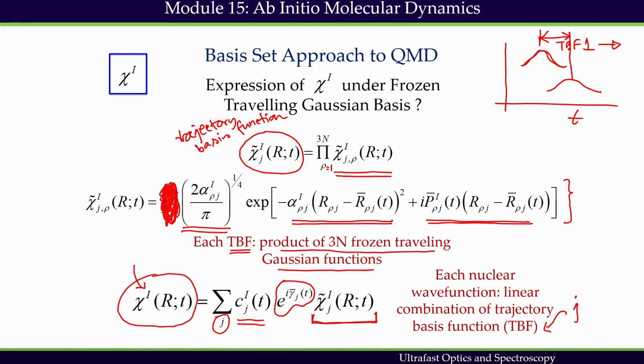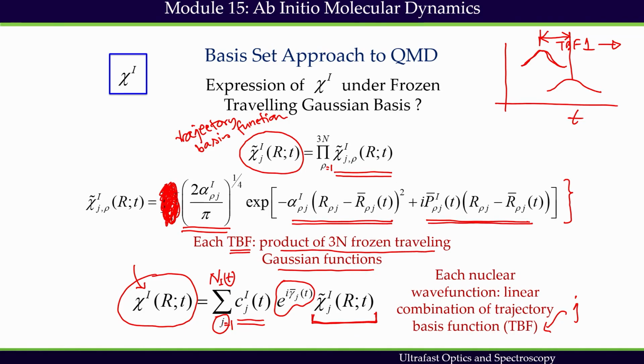It is shown here, it should actually be N, then I, then T. So J is varying from 1 to N_I(t). N_I(t) is a function of time, because how many trajectory basis functions I need can be controlled as a function of time. Whenever the right time comes in the dynamic simulation, one can introduce many trajectory basis functions, and that's the basis of